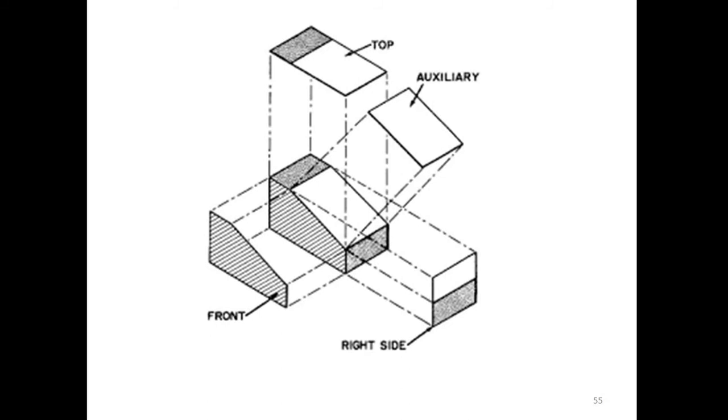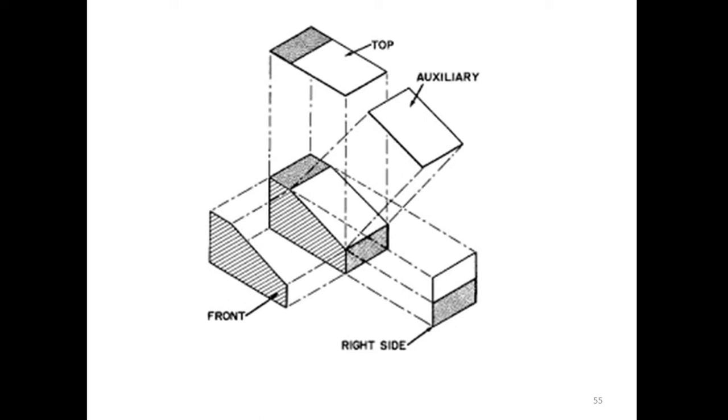This is one example of auxiliary view, in which the front view, side view, that is right hand side view, and top view are drawn. Again, it is drawn by the third angle projection method, and the auxiliary view is also drawn. Now, in case of orthographic view, the front view is drawn as shown in the figure, shown with some hatching lines, then the right hand side view and top view. But in case of auxiliary view, the auxiliary view is drawn parallel to the surface, which is shown in the figure.